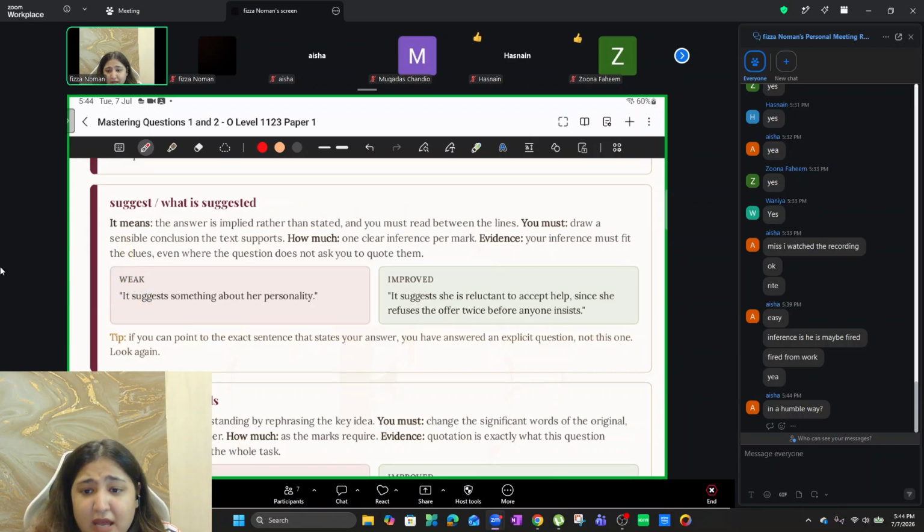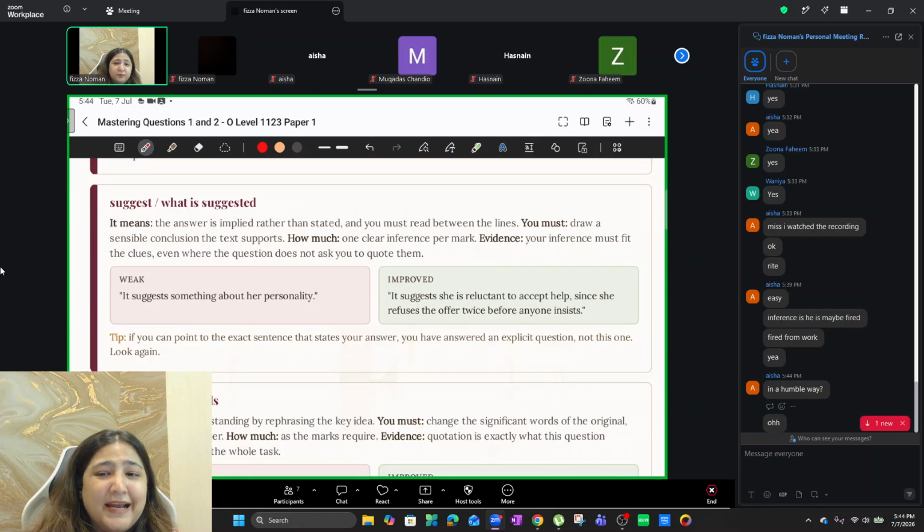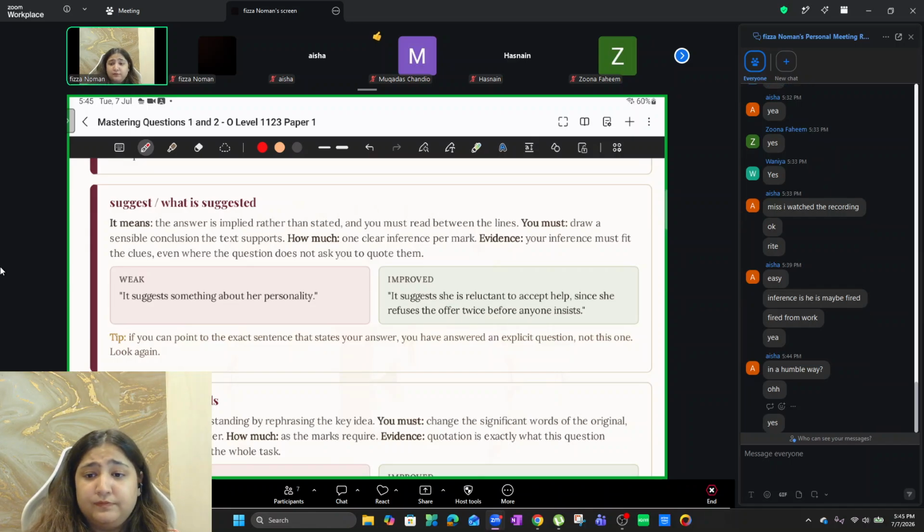In a humble way, in a more polite way. जैसे हम direct नहीं ना होते. Because we know that if we are being direct with someone, it might actually hurt them, particularly when we have a good relation with that person, right? So in the most polite, softest manner, we tell them, you got to take a break. Or you got to do this because I'm asking you and because I'm your superior, so I can tell you to do this. Right? Do we understand this? Are we good to go?